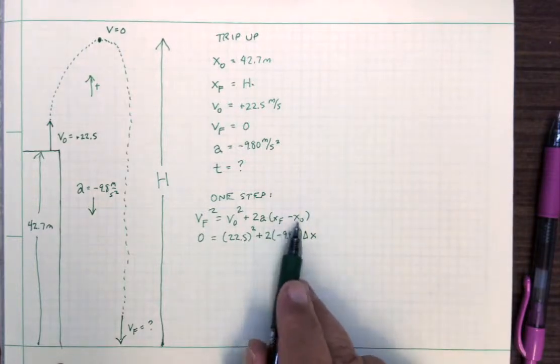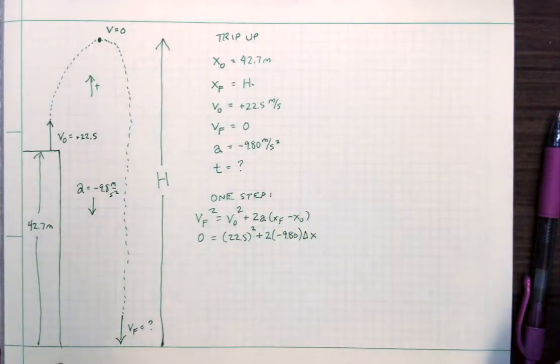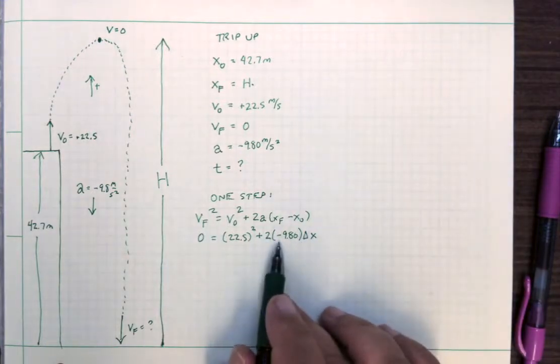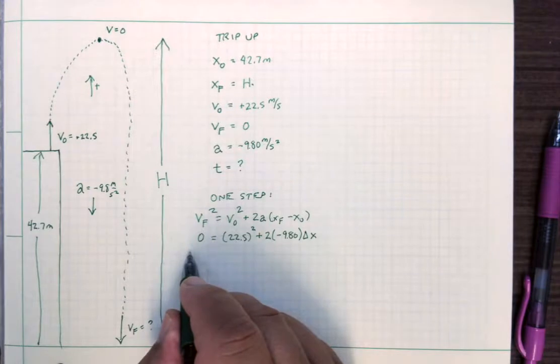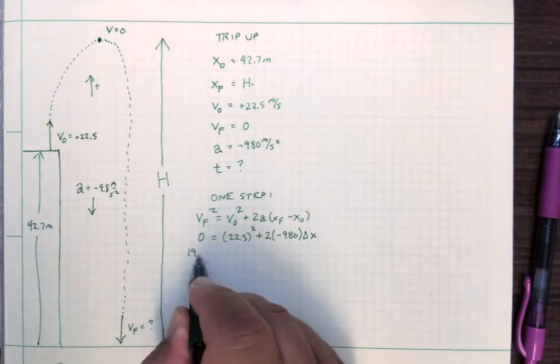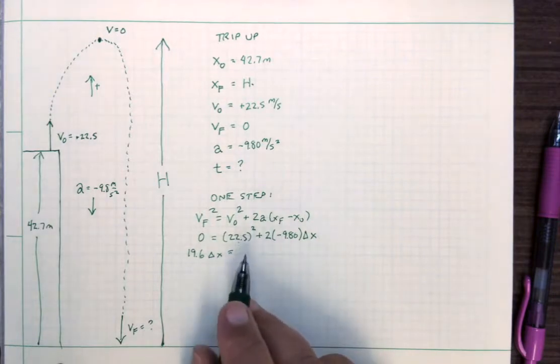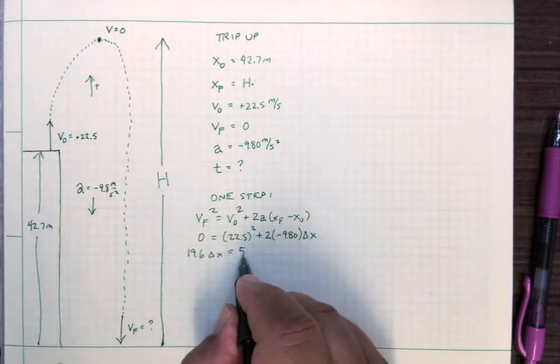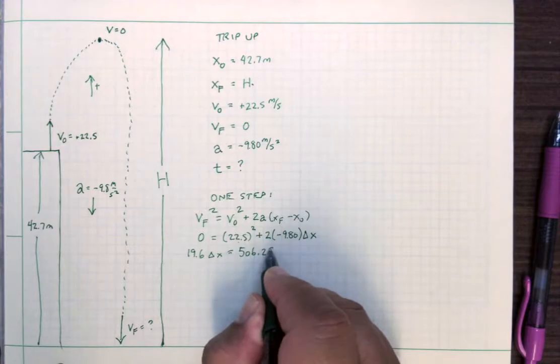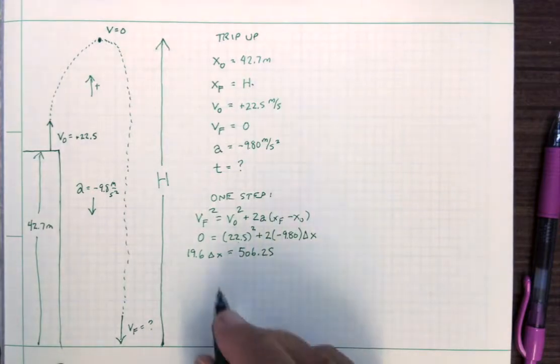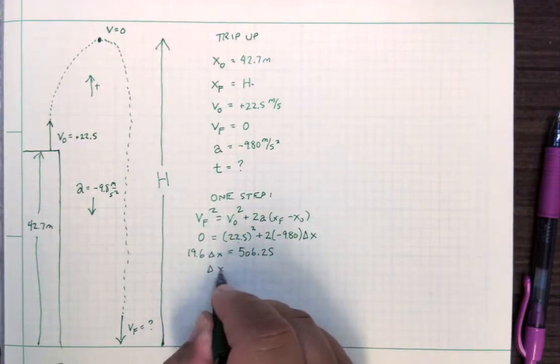And I'm just going to call x final minus x initial delta x for now. Taking this over to the other side so that it becomes positive, we get this. 19.6 times delta x equals 22.5 squared, which is 506.25. Solving for delta x, we get